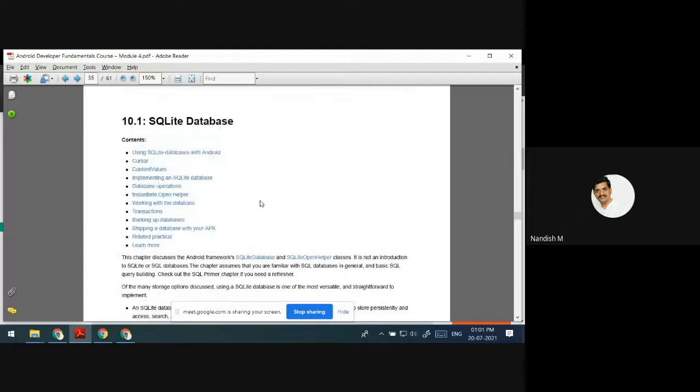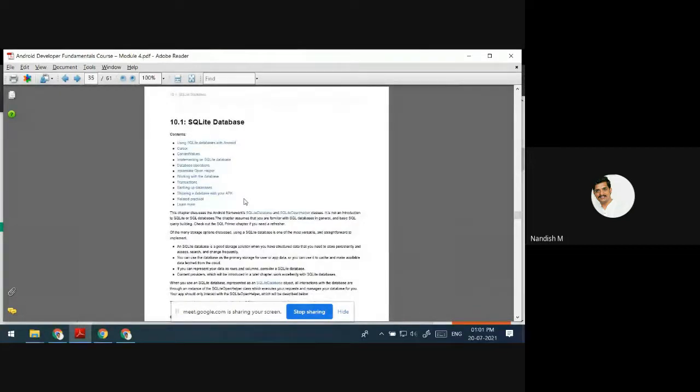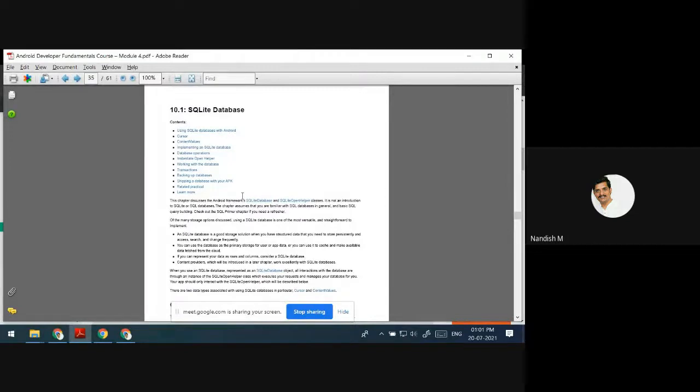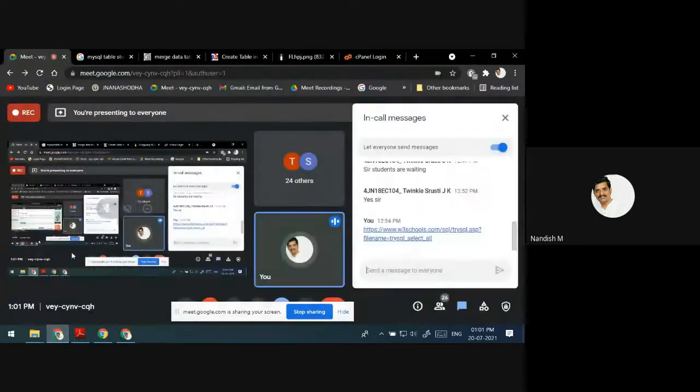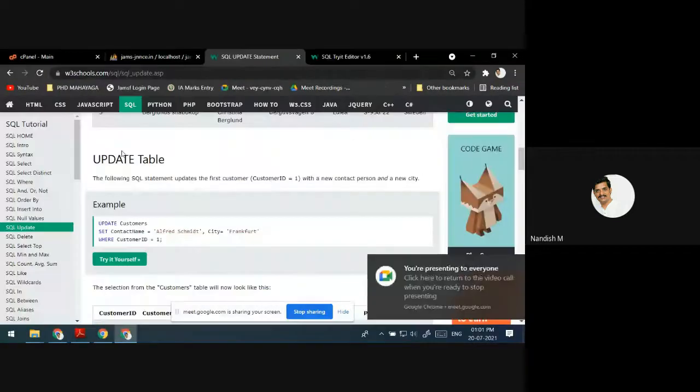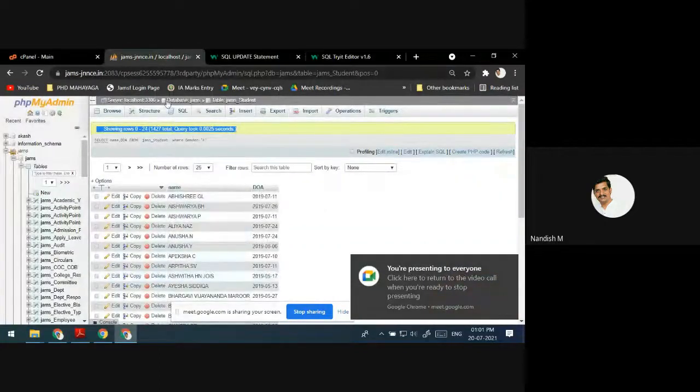There we have given some information about SQL, that's all. The details about the SQLite database we are going to discuss in this chapter. What is this SQLite? SQLite is a database. From outside, as software, it is a separate software. But inside the Android app, everything should be a program.